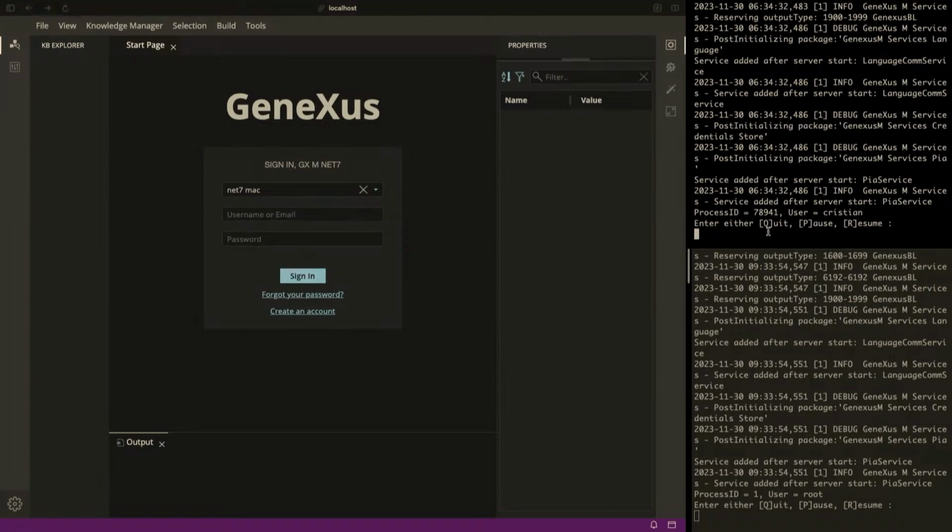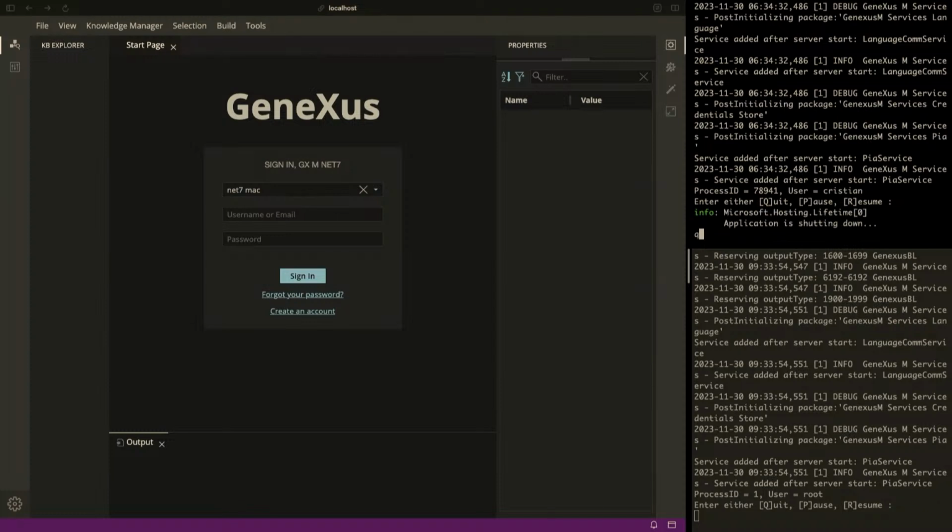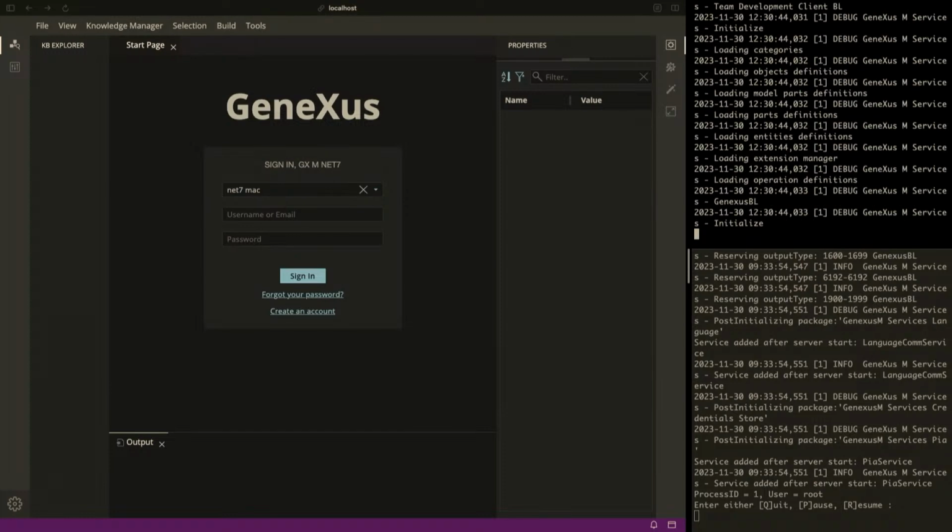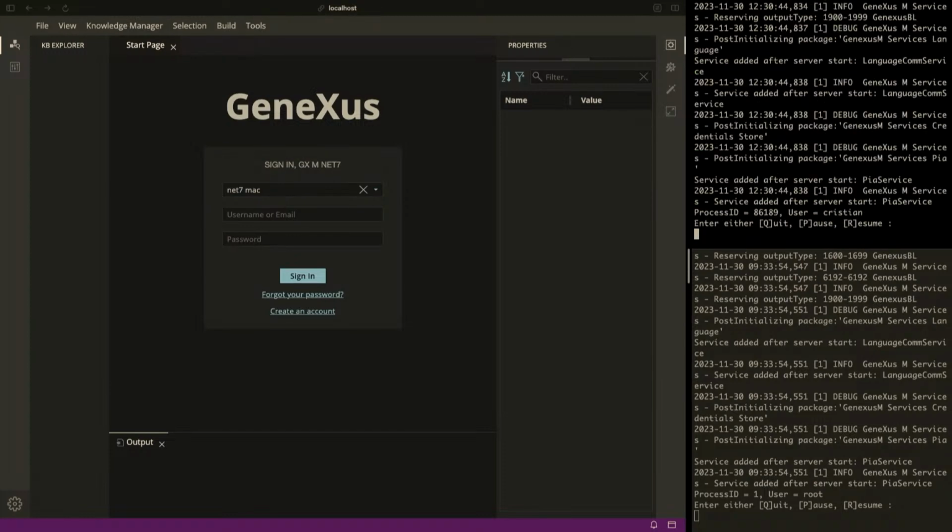Now the BL, I have the process here that's working. I'm going to cancel it. I'm going to upload it. And there it did it. Now, look how long it takes with Windows. And then I'm going to show you